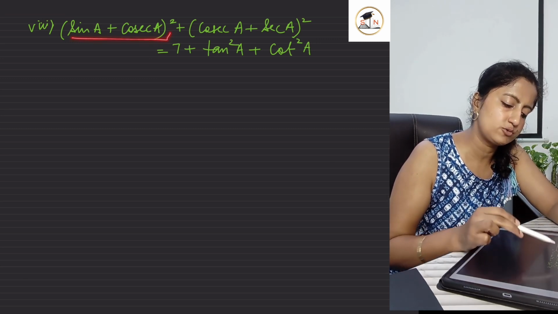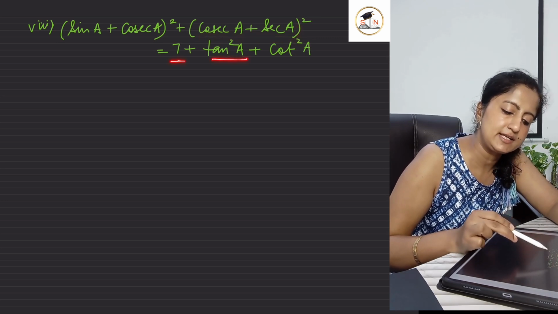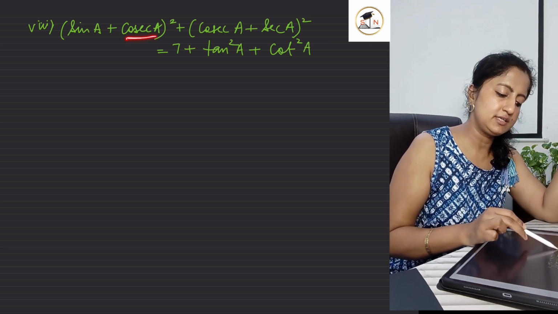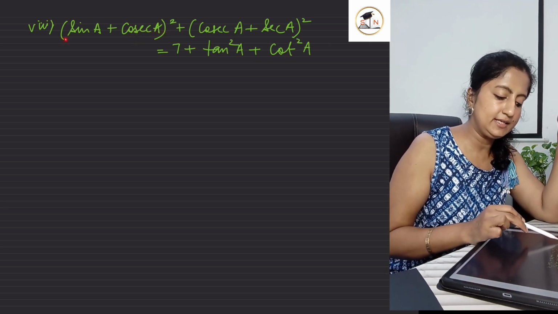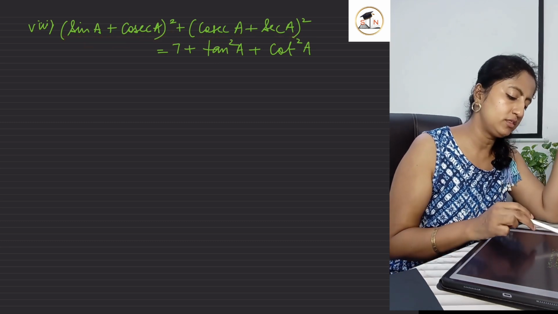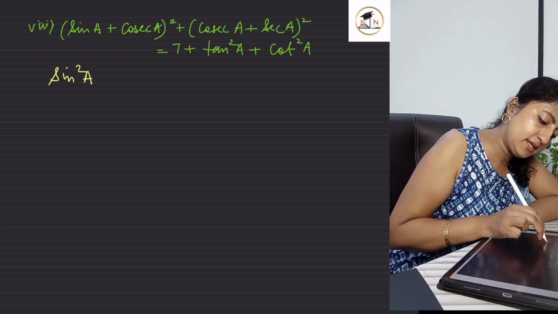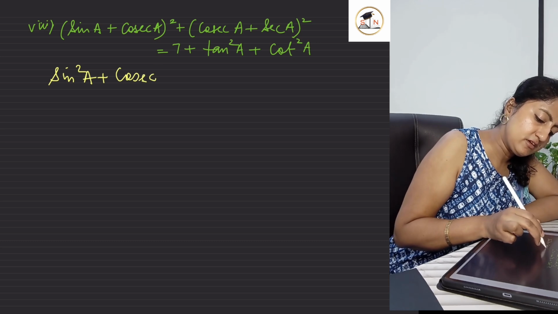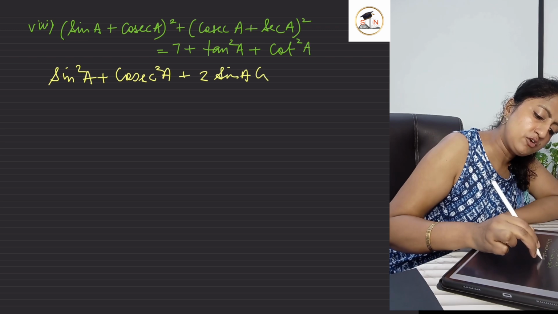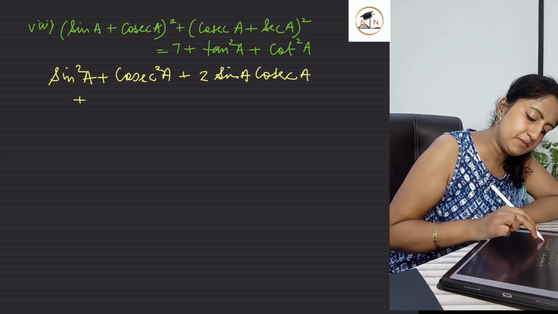(Sine A plus cosec A) whole square plus (cos A plus sec A) whole square equals 7 plus tan square A plus cot square A. What do we do? I am going to apply the identity of (A plus B) whole square in both the brackets on the left. So we get sine square A plus cosec square A plus 2 sine A cosec A. This is a square plus b square plus 2ab. And similarly, the second bracket,